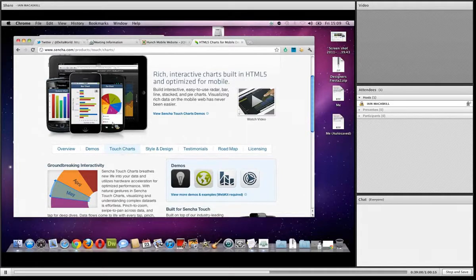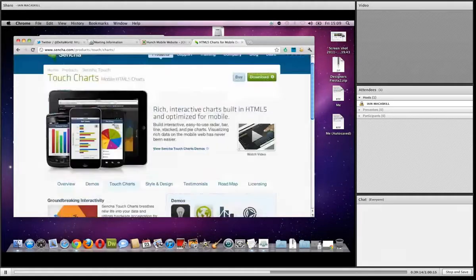Okay, so again here, PhoneGap is the only open source mobile framework that supports 6 platforms. Basically, what you do is you build one. So I'm just going to show you this video here because